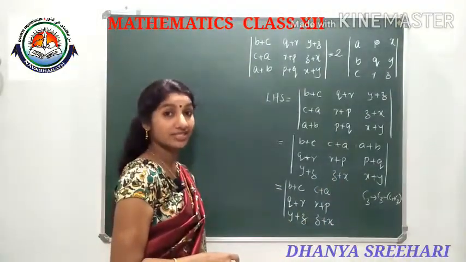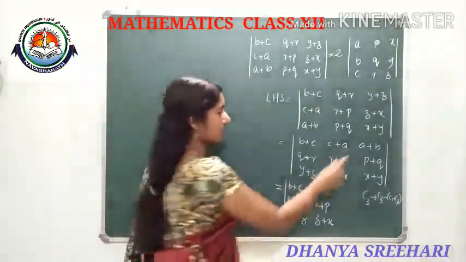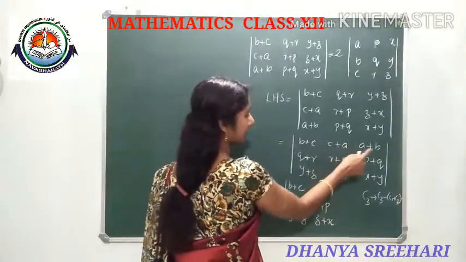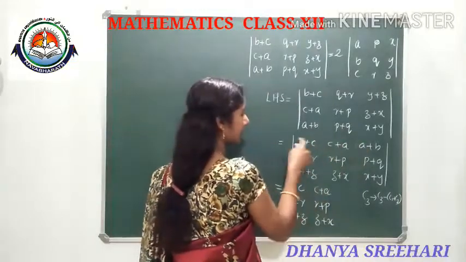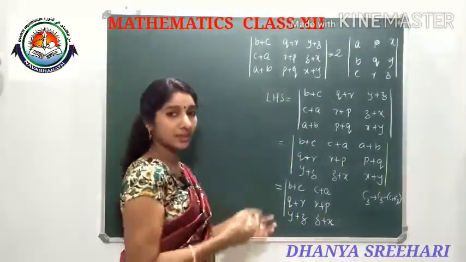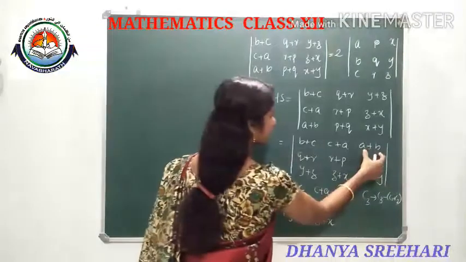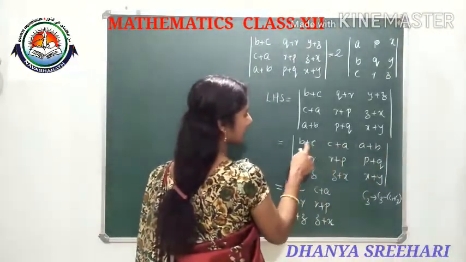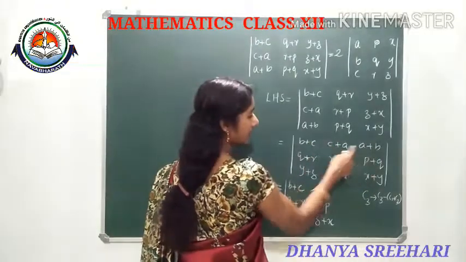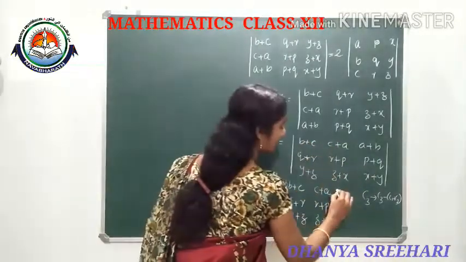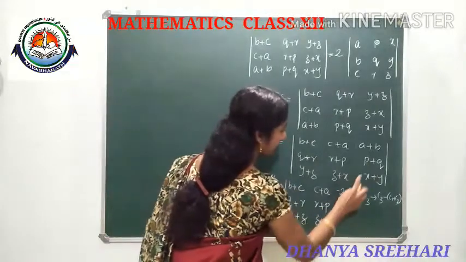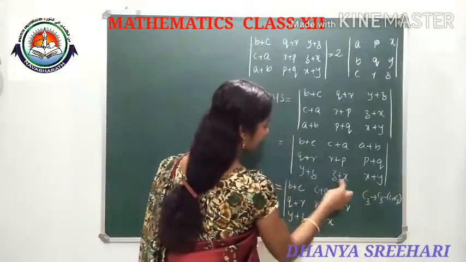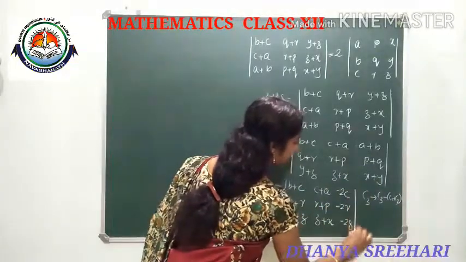C3 is going to change like this: C3 minus C1 plus C2, because a plus b is there. So from here, if you are subtracting this one, a will cancel. If you are subtracting this one from here, b will cancel. That's why their sum we are subtracting. C1 plus C2 is a plus b plus 2c. So a plus b minus a plus b plus 2c will come minus 2c, and the same way here p plus q cancelled, we are getting minus 2r, and from here x and y cancelled, we will get minus 2z.